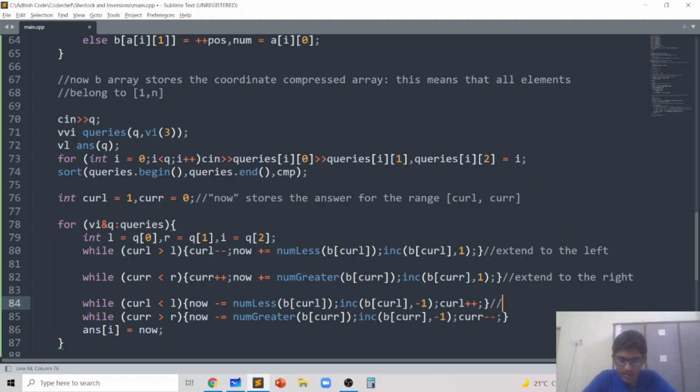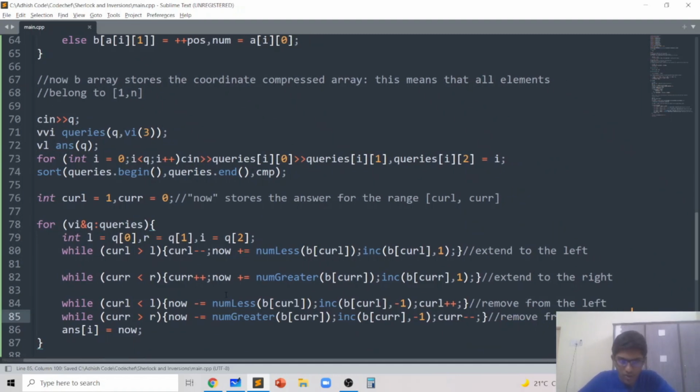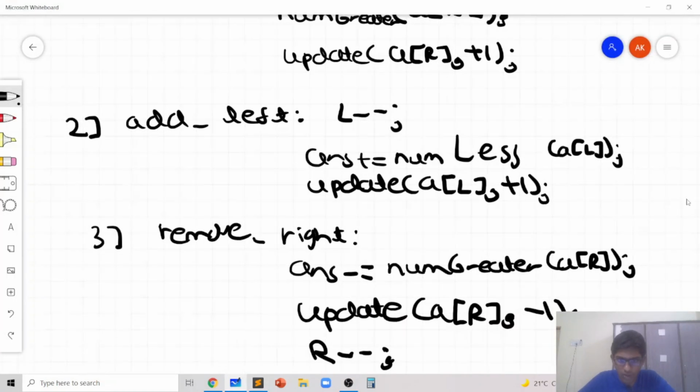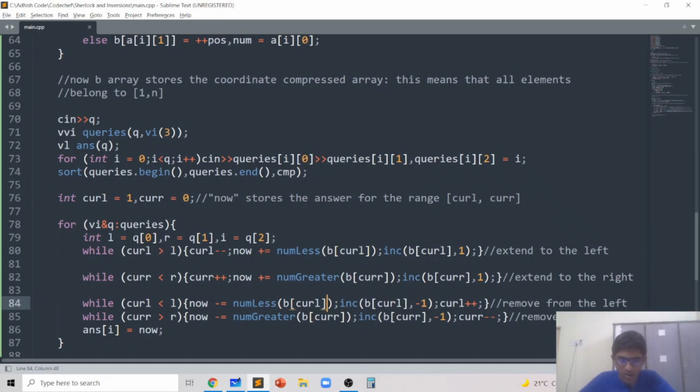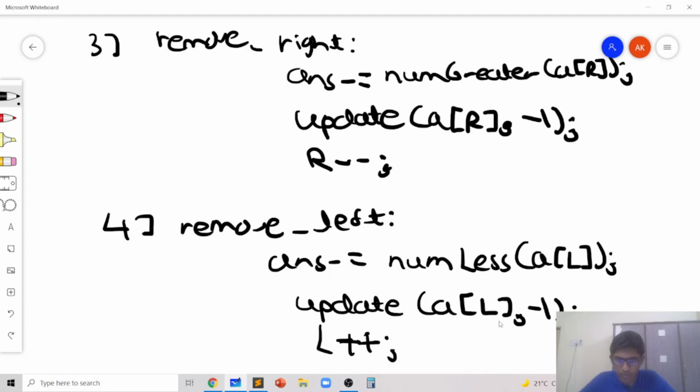Then the next thing is remove from the left, and the thing after that is remove from the right. To remove from the left, I decrease the answer by the contribution, num less B of cur L, and I decrease the frequency of cur L, and I basically move the pointer to the right.